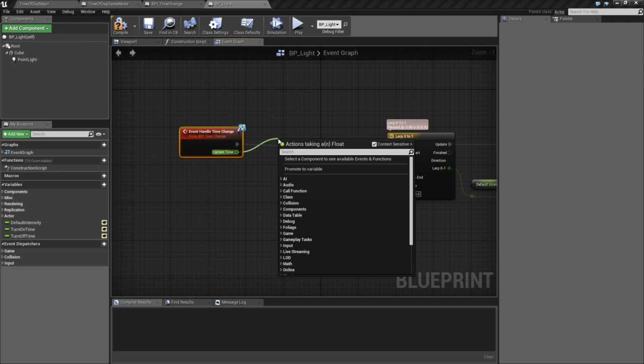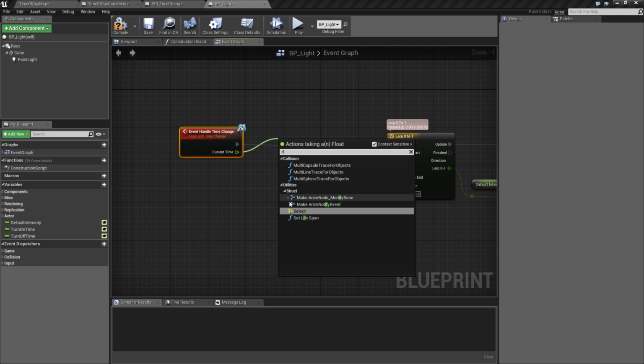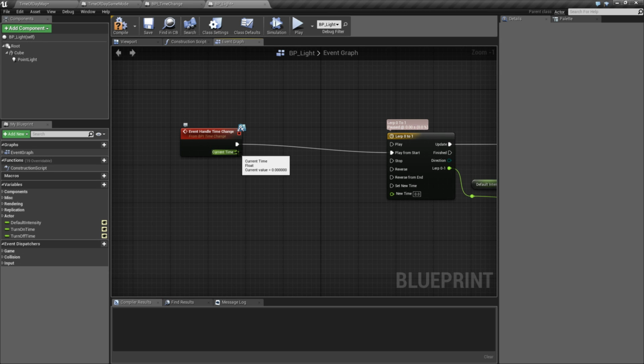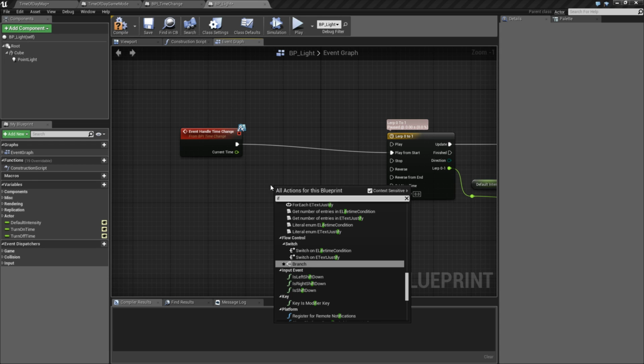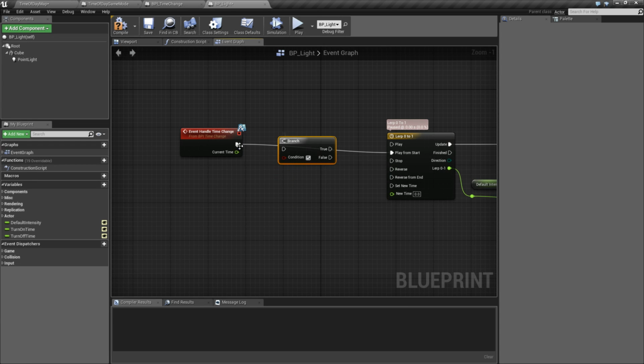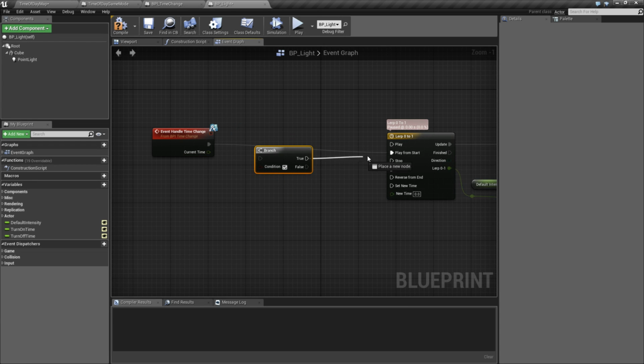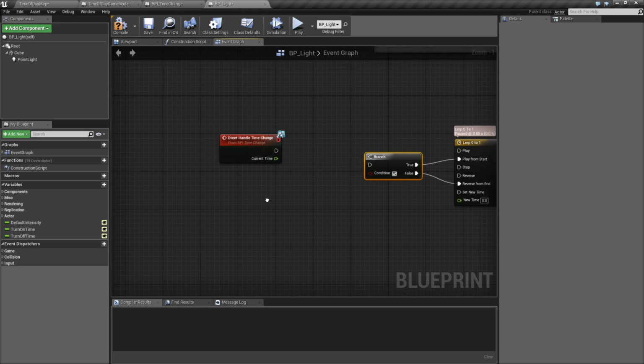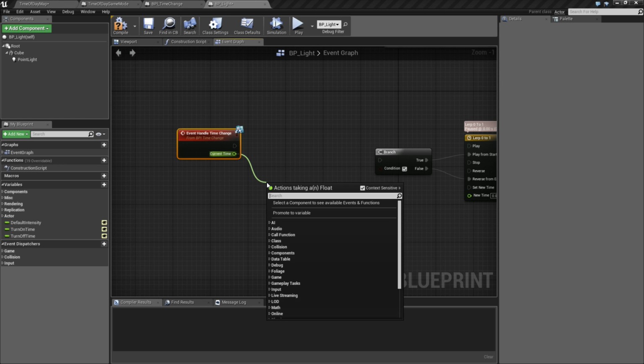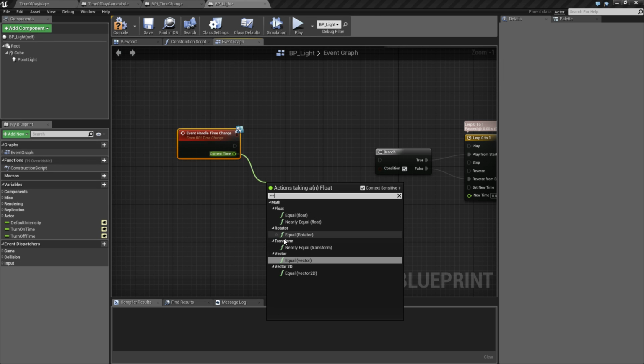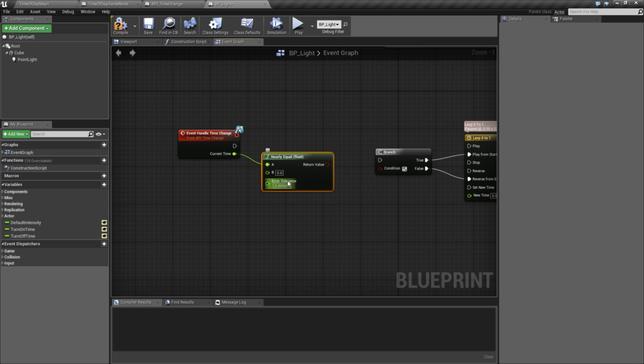We'll do just a simple if check. Oh, I can't do an if check off a float because it needs a boolean. That was really silly. And we'll do a true and a false like this. Unhook this for now, and we'll do just a little if check, and we'll do an equal. We'll do a nearly equal. You should probably do integers for this, not